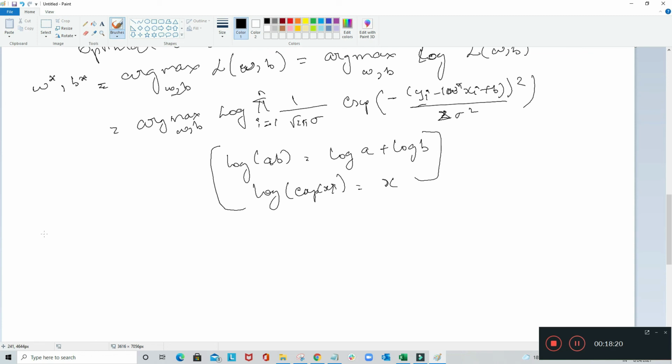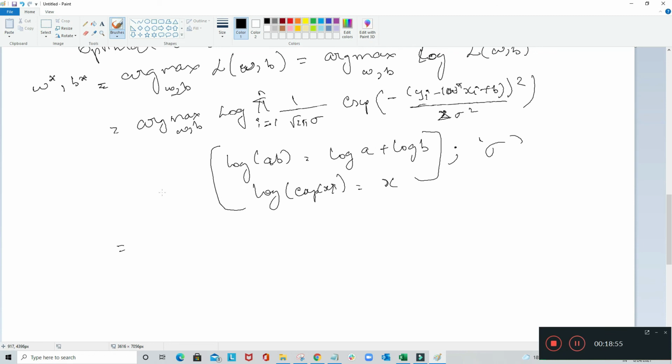We can take this log inside, and then this log of exp will become this inside term. And here sigma is constant. In this whole equation, the constants are like the variance. The only variables are w and b. So we cannot maximize sigma over here, so we can ignore that constant, and the whole equation can be rewritten as